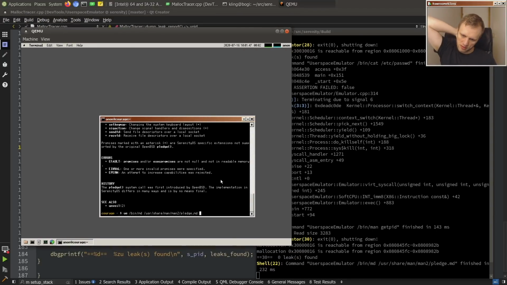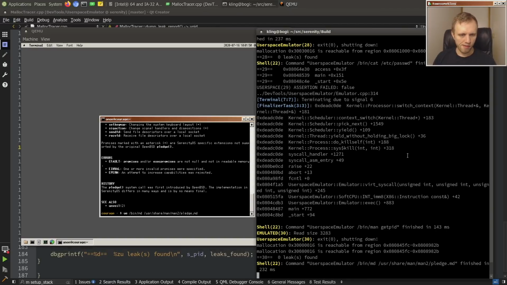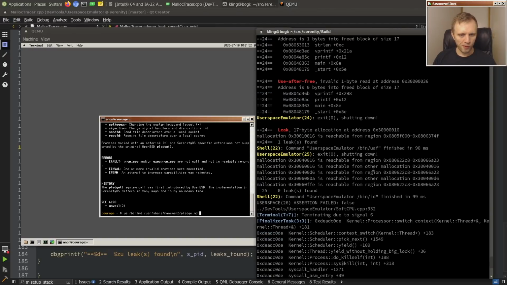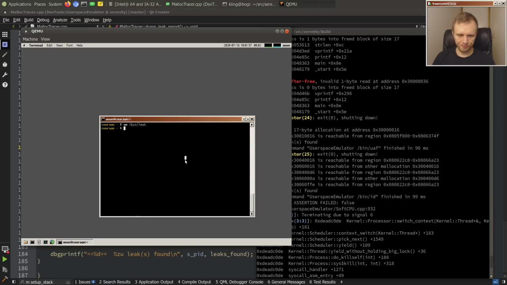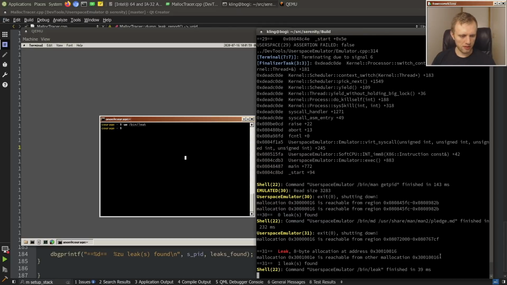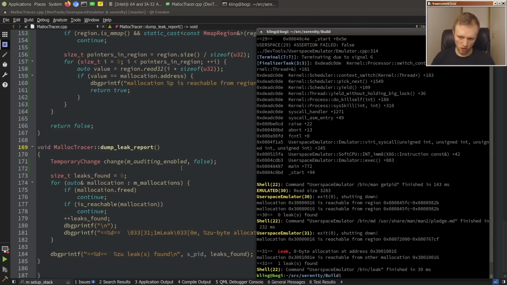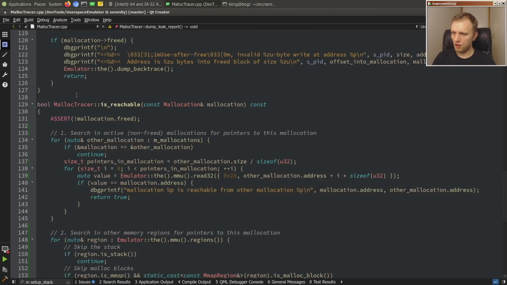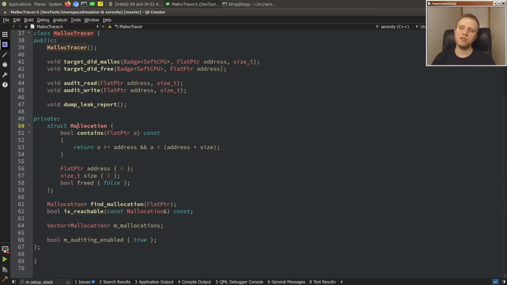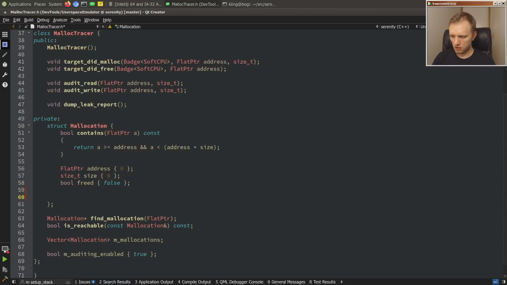So this is obviously really neat. But I feel like it would be way cooler if we actually printed the stack that this allocation was allocated at, because if we just know that a byte allocation at a certain address was leaked, it's not super actionable, right? So we need to actually know where this comes from. And for that, we need to keep track of stacks. So with a mallocation, let's store a,